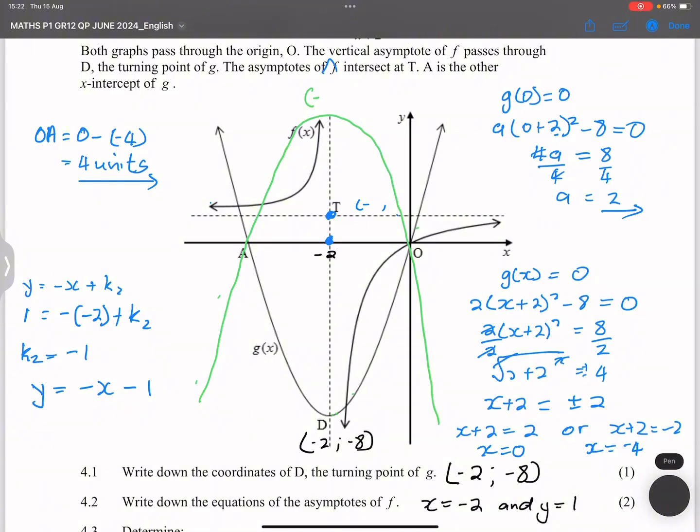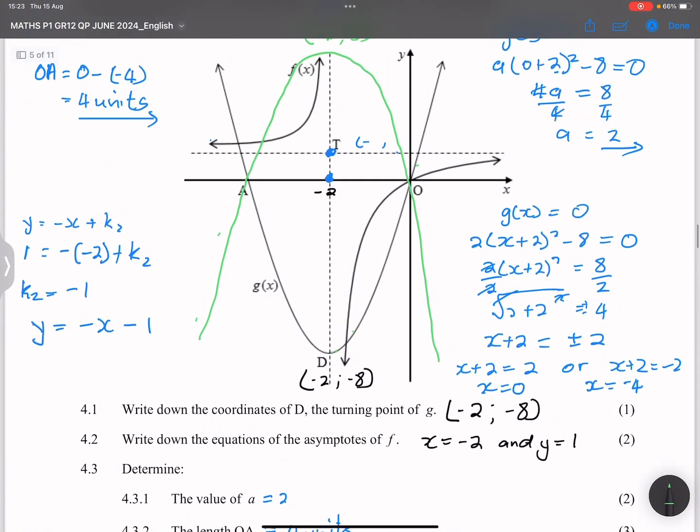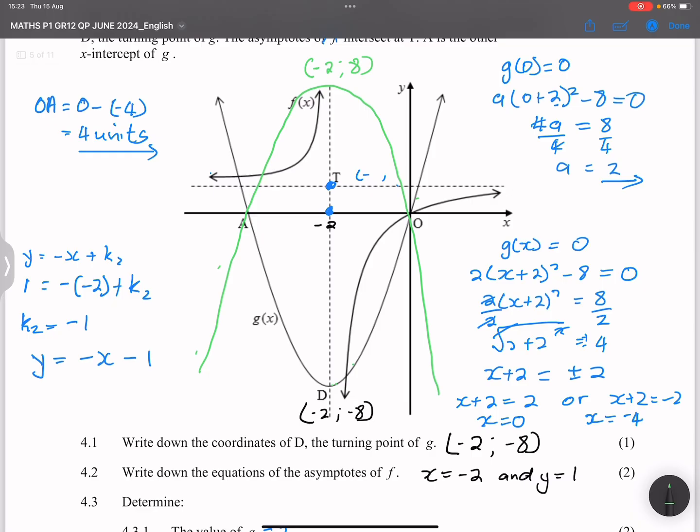It will be negative 2, but your y value now becomes 8, right? It becomes positive. Now we've reflected the graph, and we want to know how much we need to shift the graph so that it will have two distinct roots with the same sign. Now I want you to note, please guys, if I take the green graph up,